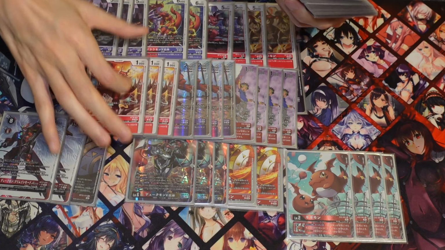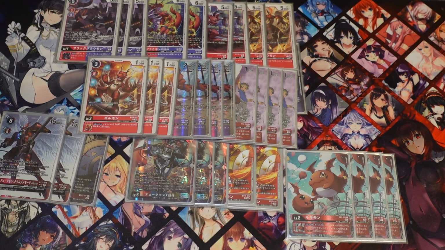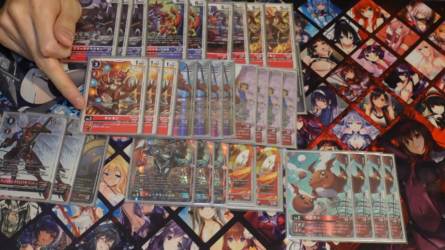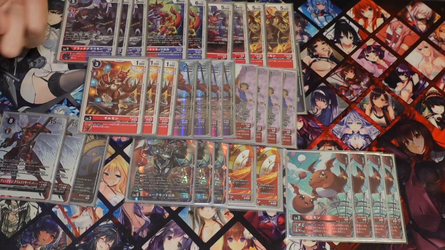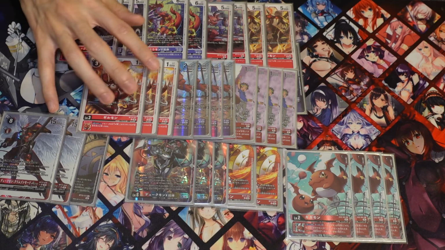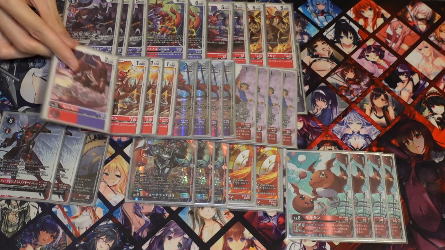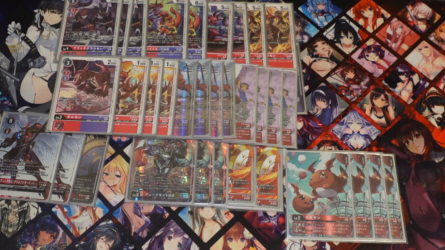And then we're also running 3 of the BT19 Gallantmon. This one helps you gain a memory in your main phase if you have Takato on the board. And then the inherent ability increases the DP popping cap by 2000, which does come in handy sometimes. So we're running 3 of these because we want to make space for 1 Tecton copy of the